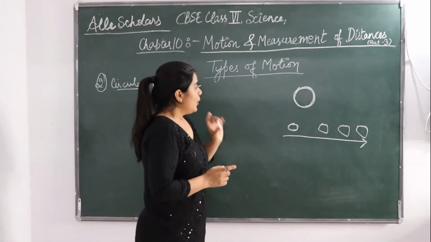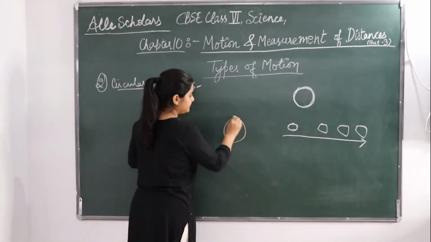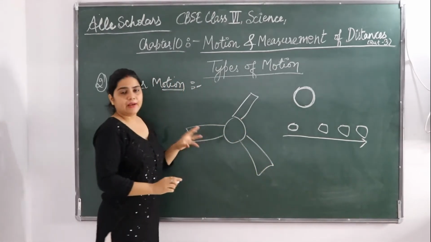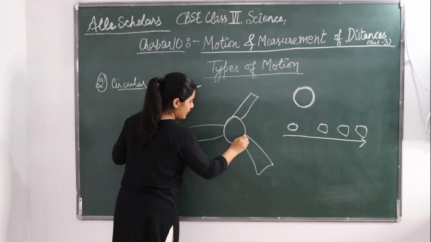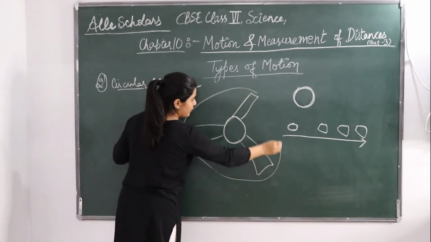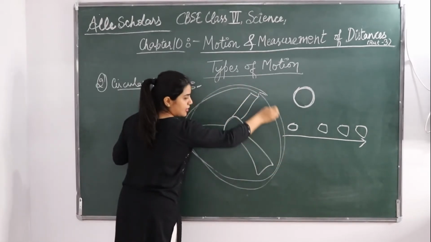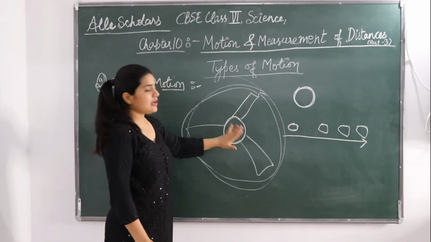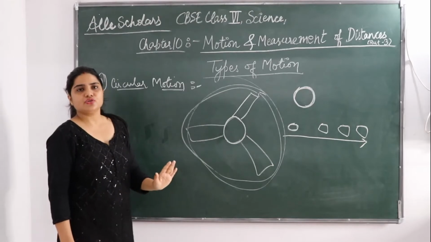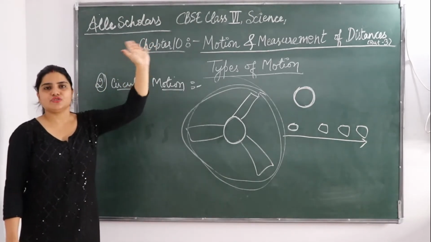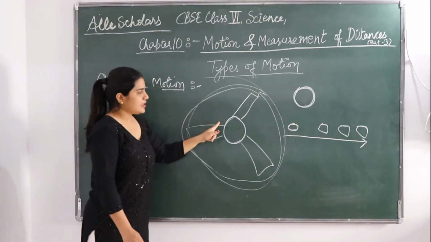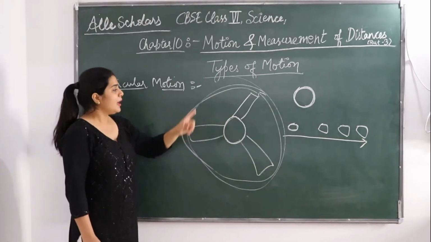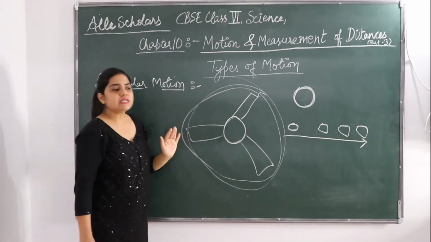Okay? So, for example, you can take a fan. These are the blades of a fan. When a fan moves, this keeps on moving and these blades move. Okay? They give a circular motion. But the blades of a fan, the positions are fixed. The position of the fan is not changing, it is in the same place. It is not moving its place. Okay? So in circular motion, the position of the object remains the same. It does not change with time, but the motion is circular.